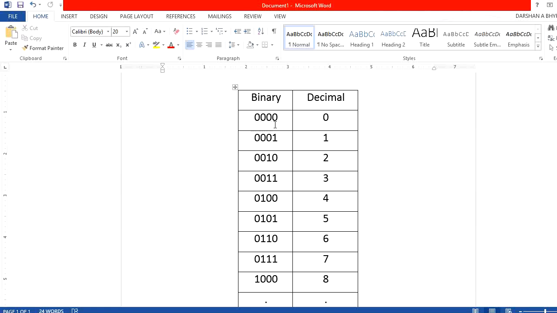So we are going to decide whether the given number is odd or even on the basis of the bit 0 position value here. For example, for all the even numbers, the bit 0 position is always 0 here.